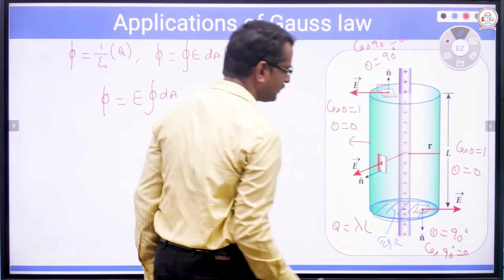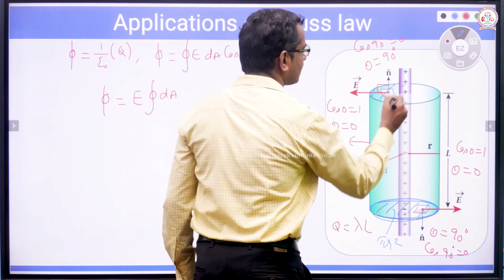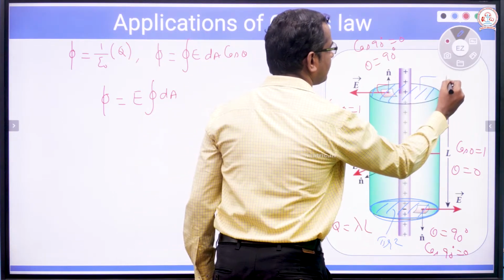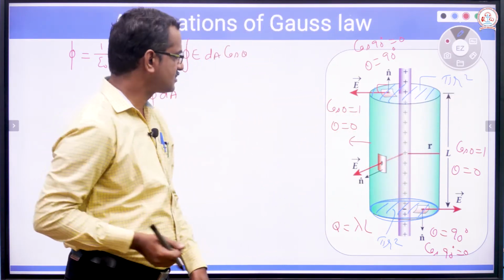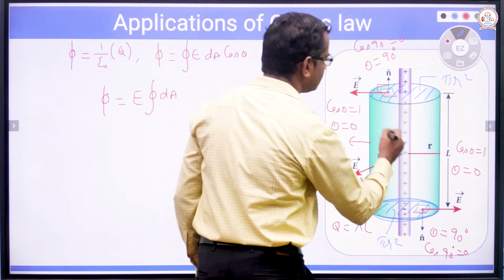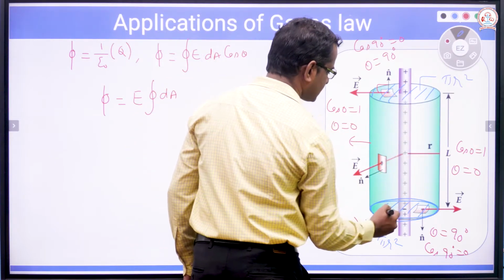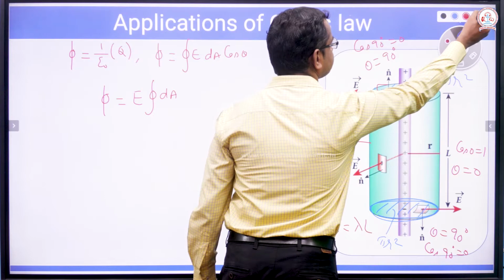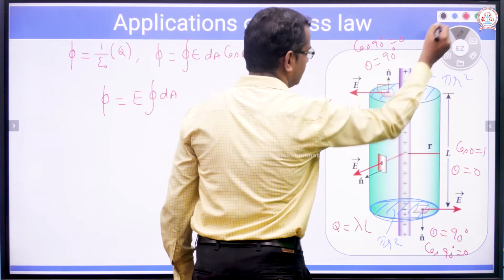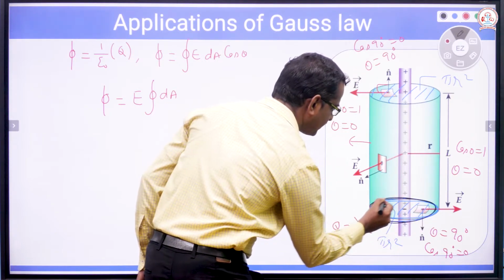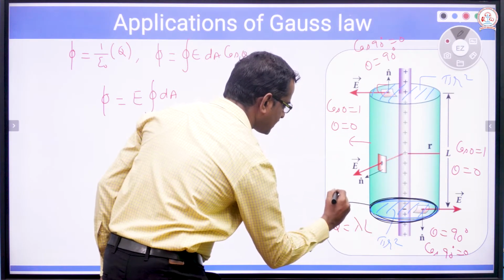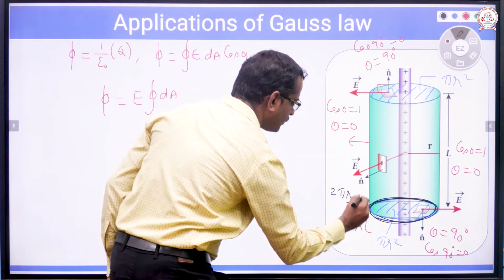The bottom surface will be pi r square. Then this surface will also be pi r square. Okay, it is like the area of a circle, and for the curved surface area, the circumference here will be 2 pi r, isn't it? Only the circumference. The circumference of the circle is 2 pi r.